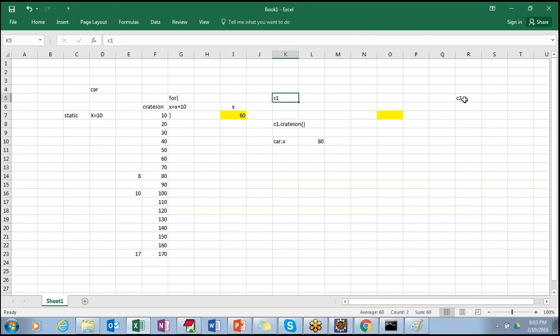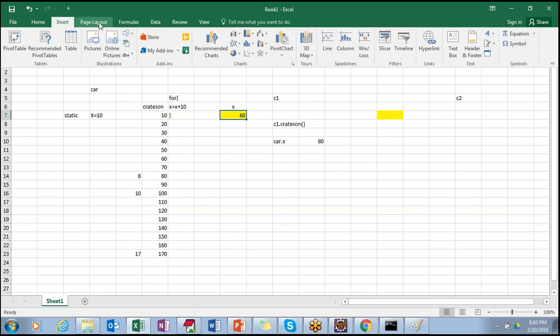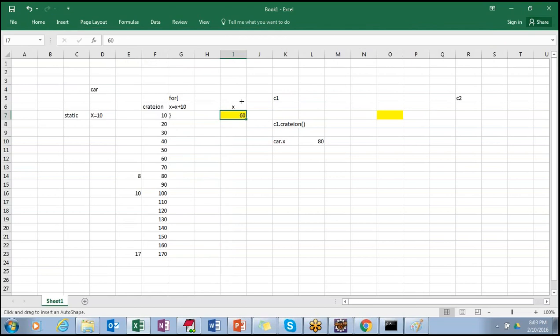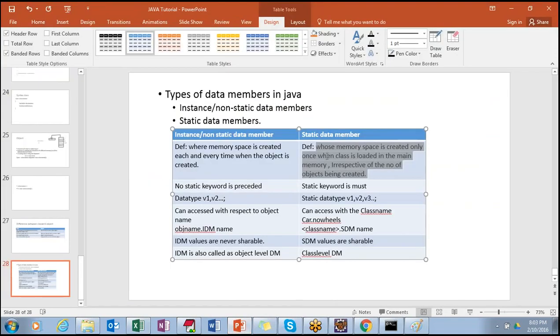Even though you create an object for car C2, will it create a memory for X, or will it use the same memory? It will use the same memory, because that is the definition of static: its memory space is created only once when the class is loaded, in the main memory, irrespective of the number of objects.